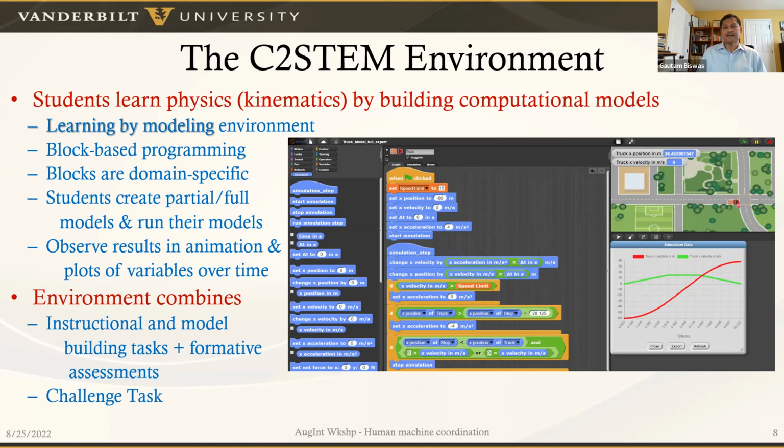So the particular example I showed you here is a one-dimensional acceleration challenge task, where they have to model an object accelerating, then cruising at constant acceleration, and then slowing down, which is negative acceleration. So we have a number of these units. So the first module is 1D acceleration, then the second module is 2D velocity, so an object traveling at constant velocity in two-dimensional space, and the third one is